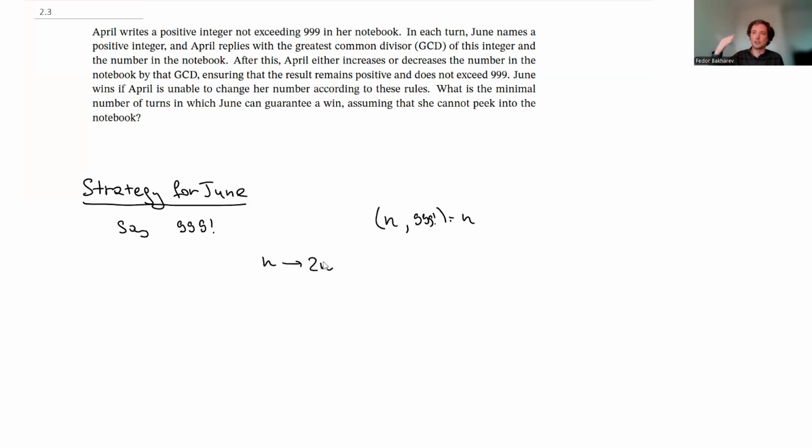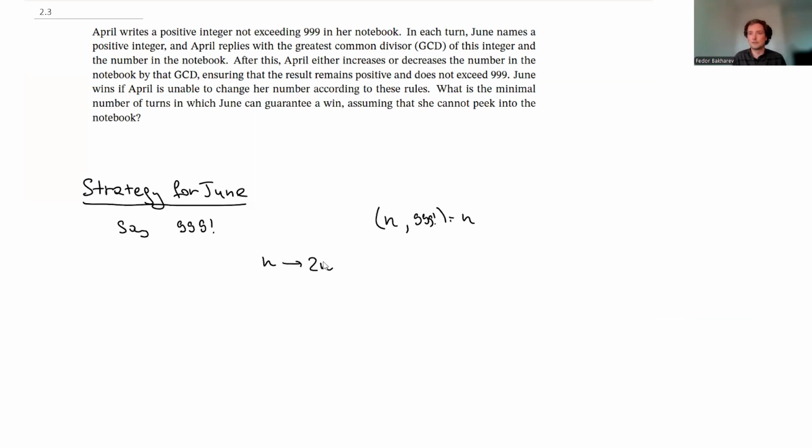So she will need to multiply her number by 2 at each step. And this will be the strategy of June, and thus after